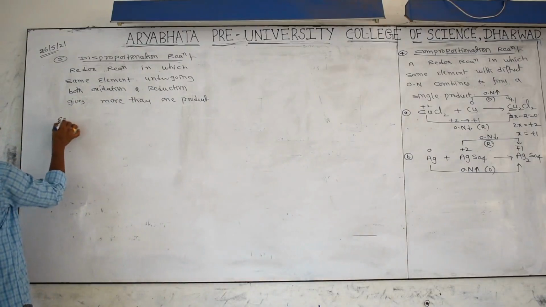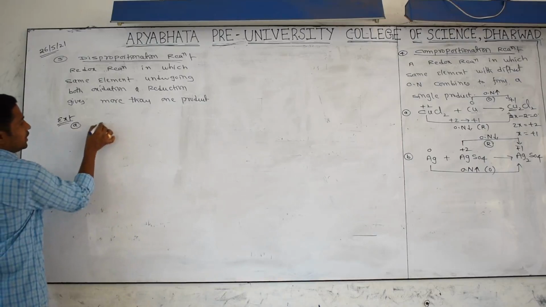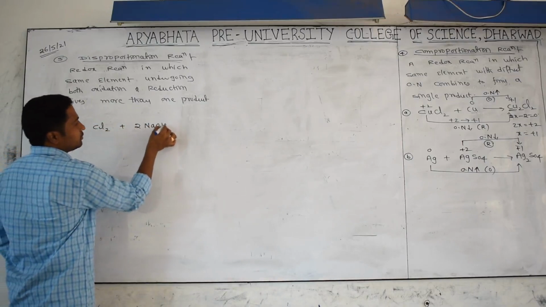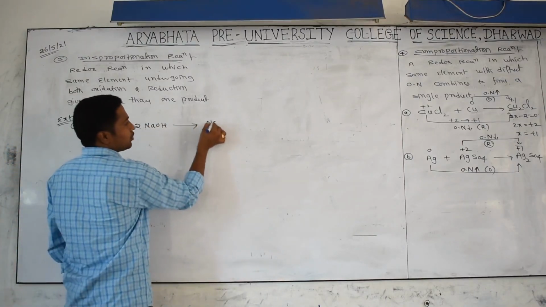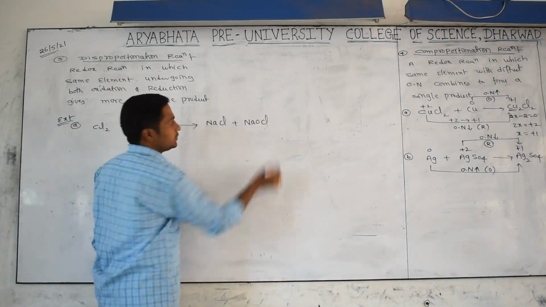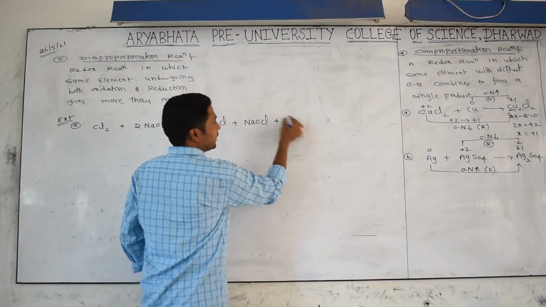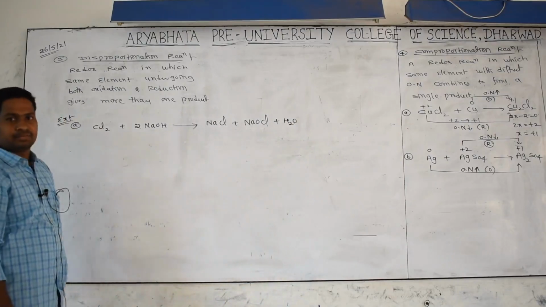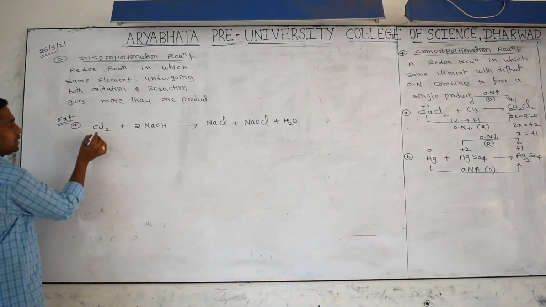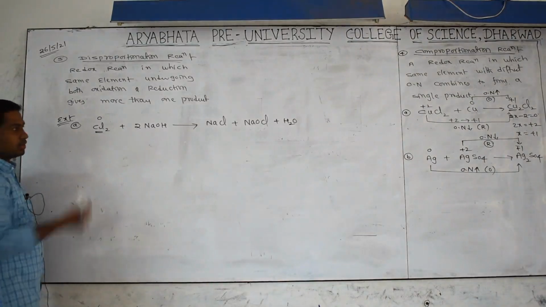I will tell you some examples so you can understand. The first one is Cl2, chlorine gas, combining with 2 moles of NaOH, giving sodium chloride NaCl, sodium hypochlorite NaOCl, and sodium chlorate, plus H2O. I think it's balanced, you check it. So we are getting chloride and sodium hypochlorite. Now I will tell you the chlorine is the main player here. Chlorine in its elementary form has oxidation number 0.